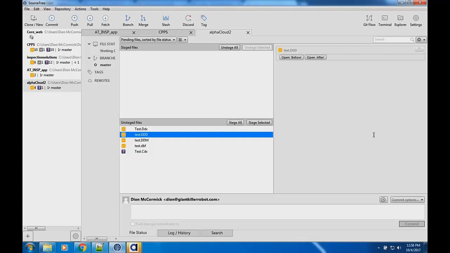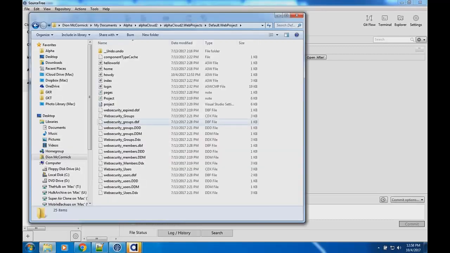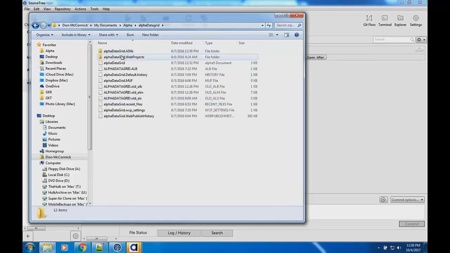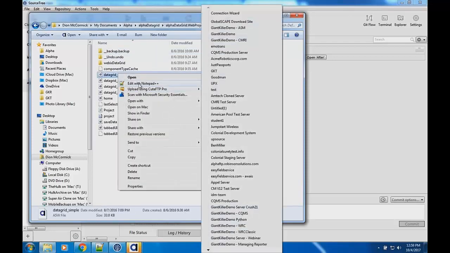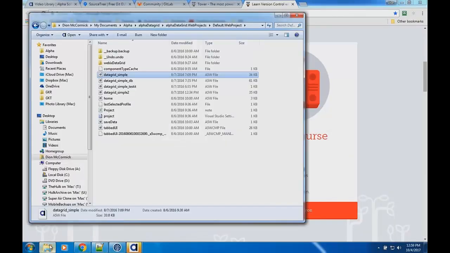Oh, good question. Can you do DIFs on UI files? This is from Kat. Great question, Kat. The answer is yes, if you save your files as JSON representation. So let me go back here. Let's go ahead and go back into Alpha. Let's go to here. I don't know if I saved it. Okay, check this out. Oh, that was an A5W file. That was cheating. So for instance, with A5W files, meaning web pages, it's easy to do diff.